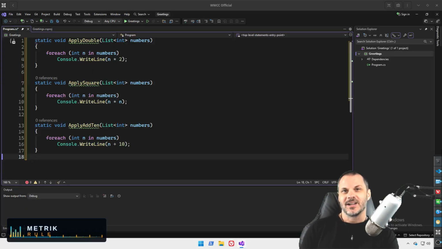It is wrong. Count the lines that are identical across all three. The method signature, the loop, the print call, only the math operation changes. Everything else is duplicated. It's a violation of the DRY principle, and if I want a fourth one, I have to type the whole thing again. What if I could just pass the math part in as an argument, like a recipe for a single ingredient? That's exactly where we're going.